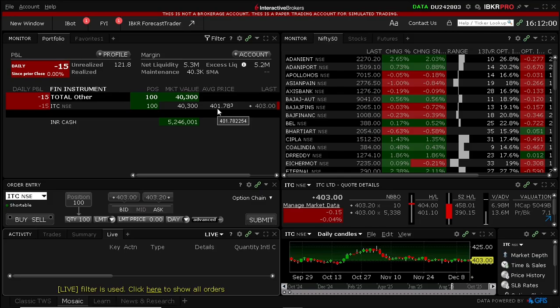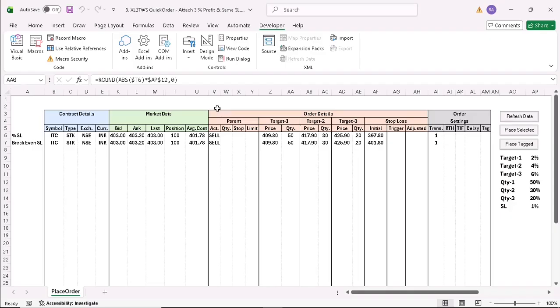401.78. Now, let's say I want to attach three profit targets to this existing position with first profit target of 2%, quantity of 50%, second profit target at 4%, quantity 30%, third profit target at 6% and quantity 20% with